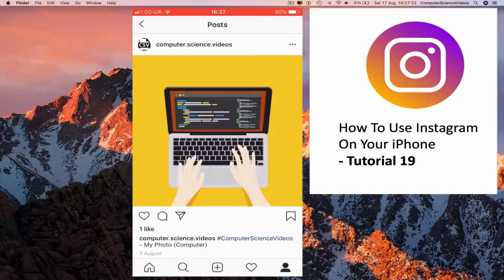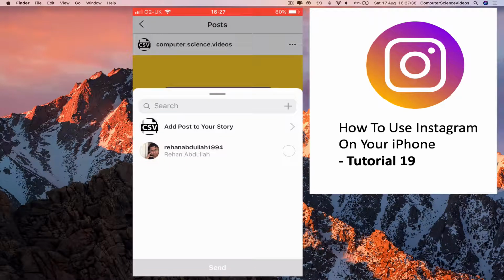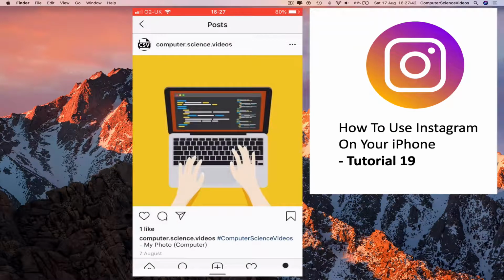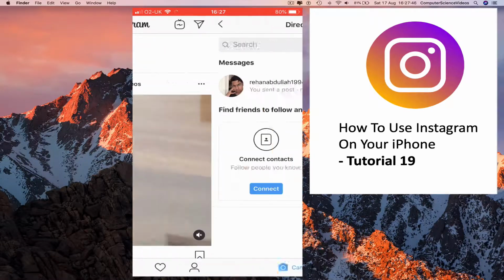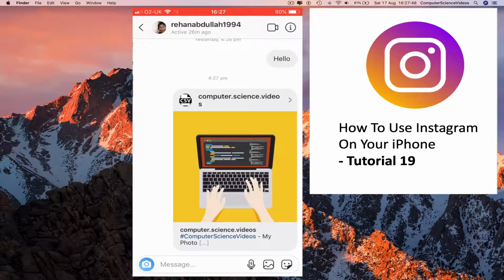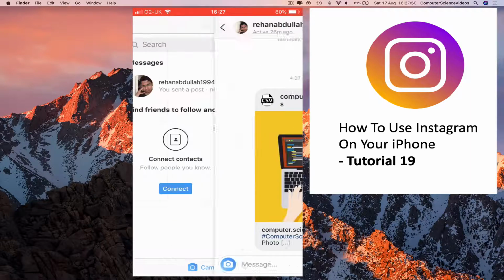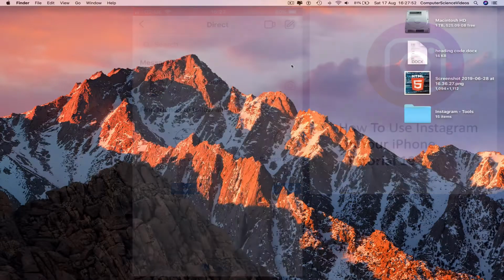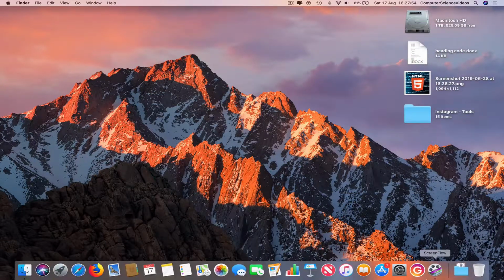And now we can go to the bottom left corner on top and click the aeroplane that is facing a 45-degree angle and send to the relevant client. Send. So I will send this to my other account, go back to the DMs. The photo has been sent, and now we can go all the way down to the dock, click on the